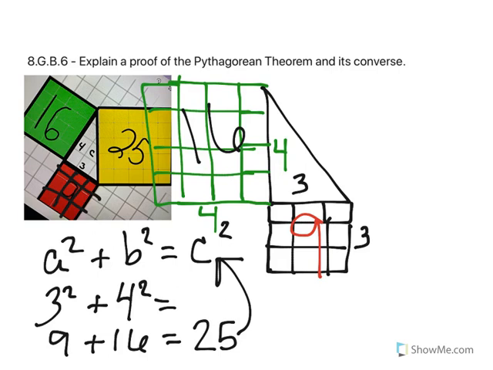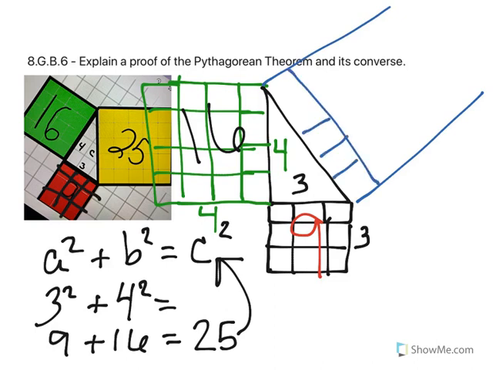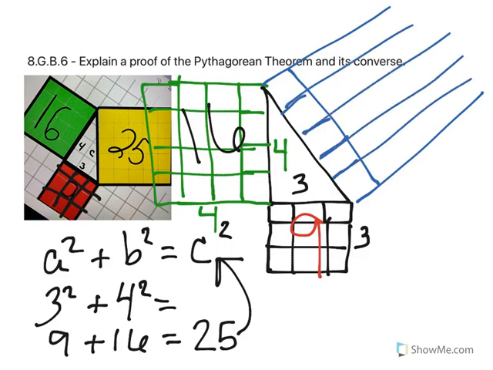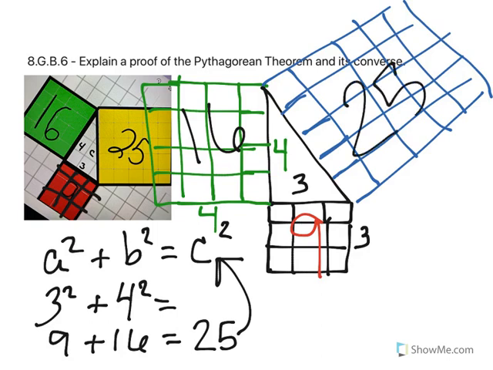So if you use grid paper and you actually cut out pieces, or you use Unifix cubes, you can line them up to determine that the square going this direction would have 1, 2, 3, 4, 5, and it's going to have 5 rows and 5 columns going out the other direction, showing an area of 25, which would match the fact that 9